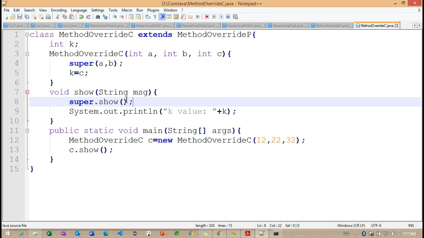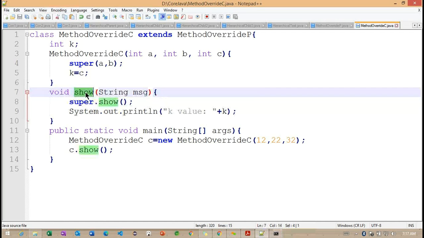So the subclass method is taking one parameter here, and the superclass method is not taking any parameter. Now, can we consider these two methods as overriding methods, or are these two methods overloading methods? What are you trying to think here?